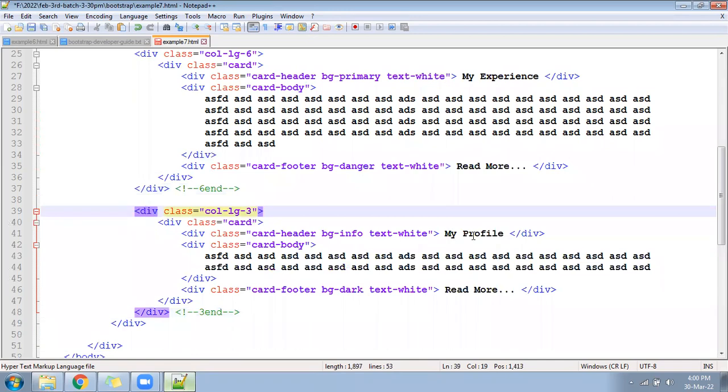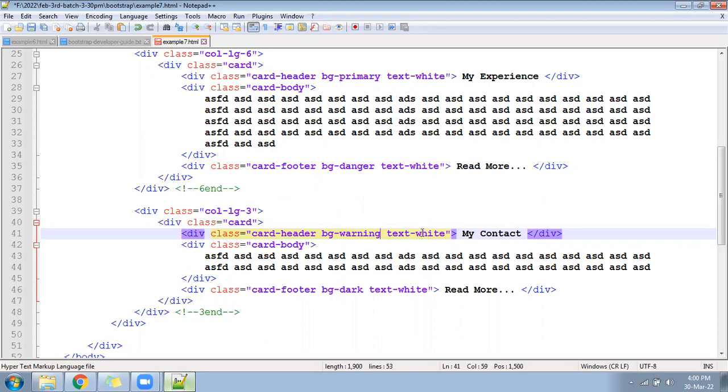So this is called my contact. It should be bg-warning and text-green.